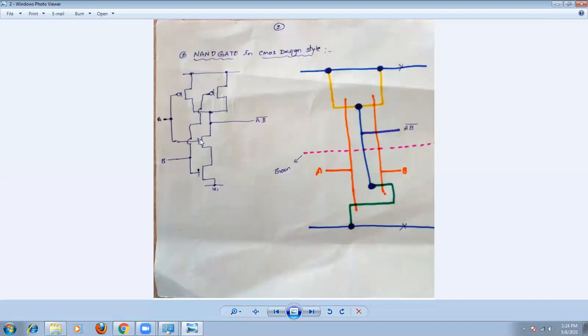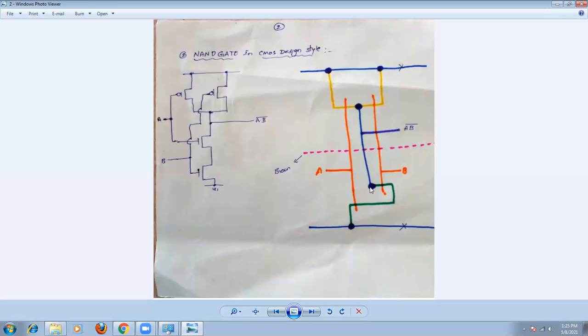Next, the drain of this transistor, the top of this transistor, and the drain of this transistor will be joined together. P and N channel transistors joined together, but will not cross the demarcation line. No diffusion path will cross the demarcation line. So for this case, you take a metal layer and join these 2 points. This is source, this is drain. So join these 2 by the metal and join this point here, the drain of the N channel. This is the connection.